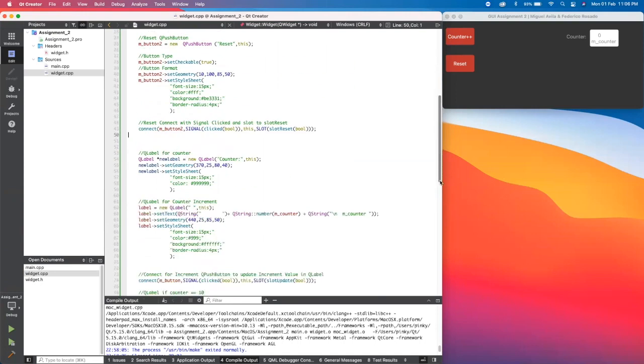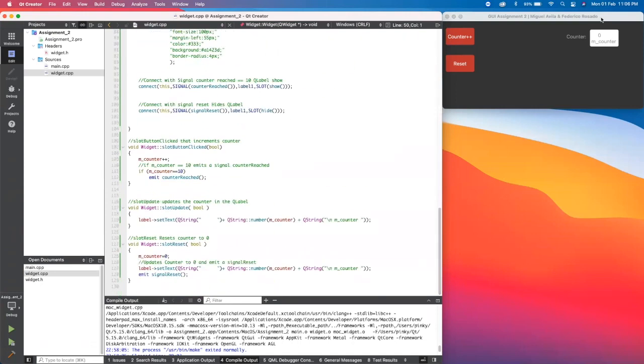And basically the function for that is simply to reset the counter to 0 and remove the other Q label. For that, the counter is assigned to 0, and then we update this Q label, which would be the Q string. This is just for the PSN, which would be right here, and then the counter, with the counter number, which is the one that increments. And as you can see right here, it is being assigned to 0. So this is updated to 0, and then a new line for the M underscore